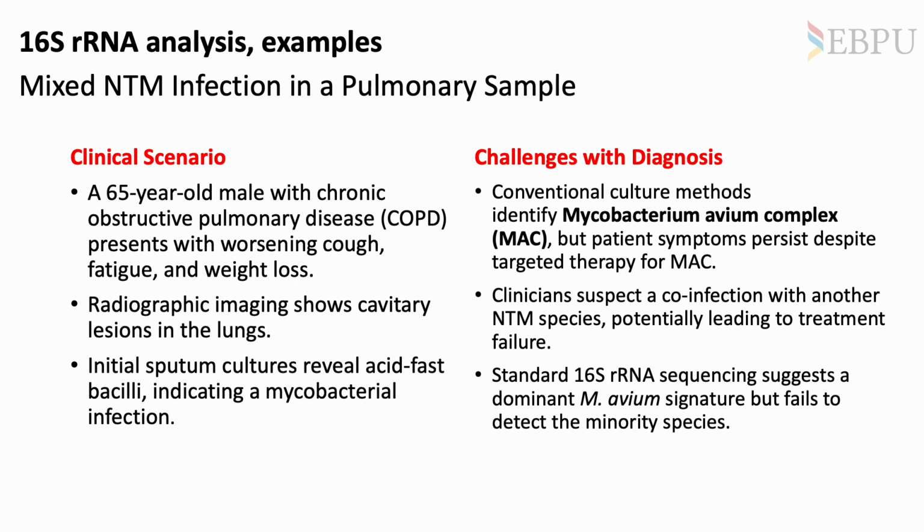Clinicians suspect co-infections, but standard 16S rRNA sequencing only picks up the dominant M. avium signal, missing any minority species. This emphasizes the limitation of 16S rRNA and the need for more sensitive approaches like metagenomic NGS to uncover